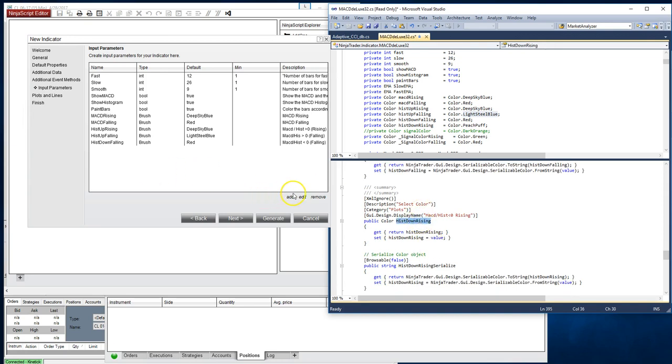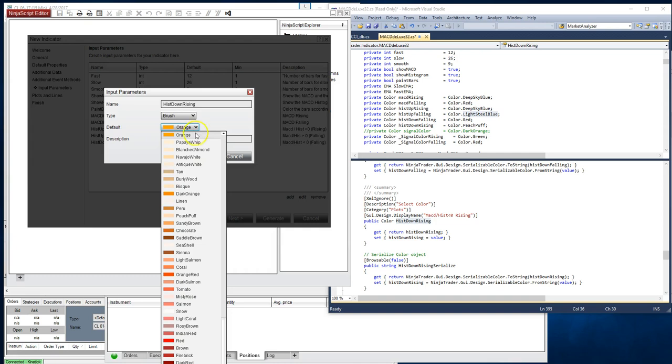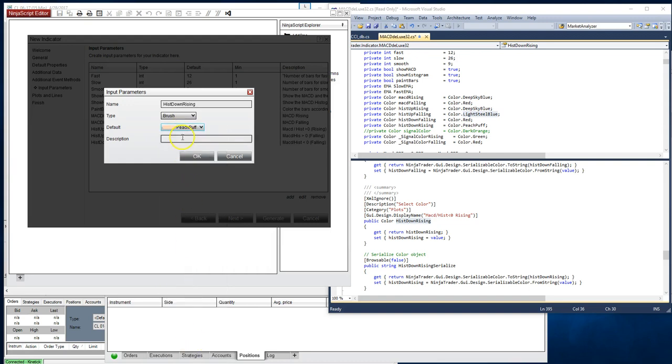And part of this is verifying this anyway before you say next. Brush, and going in order helps verify it. So we need to find peach puff. Peach puff. Sometimes you could type the first few letters and it goes right to it if you type it fast enough. And then